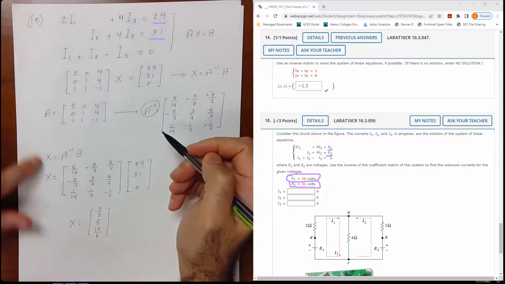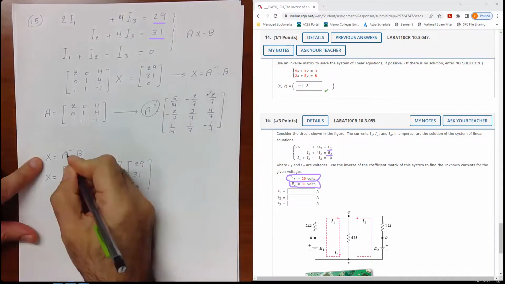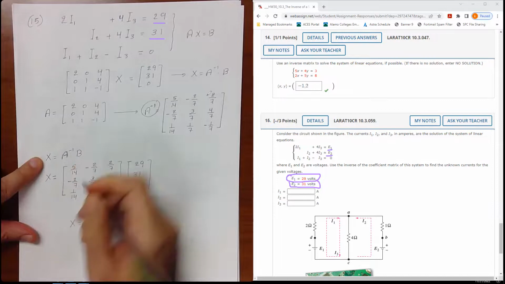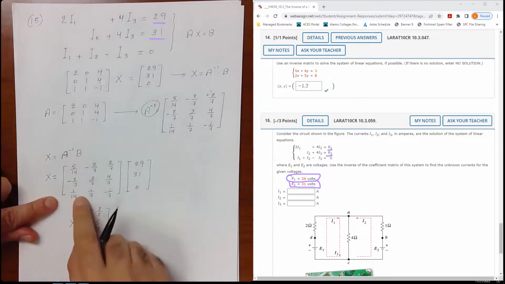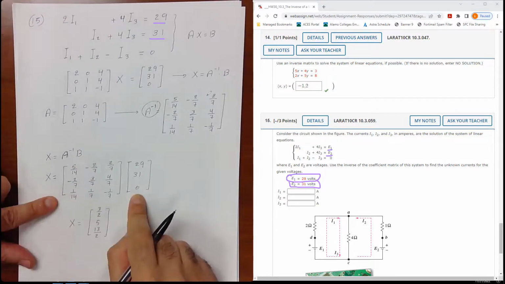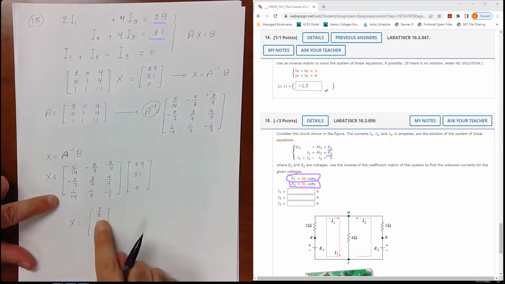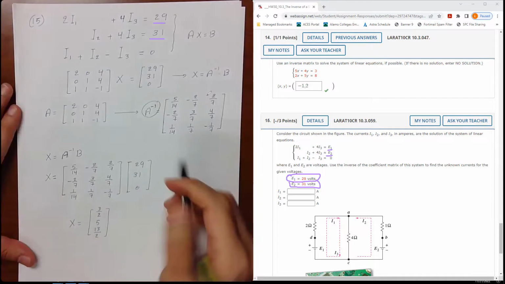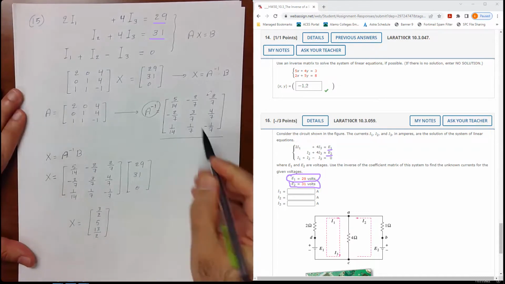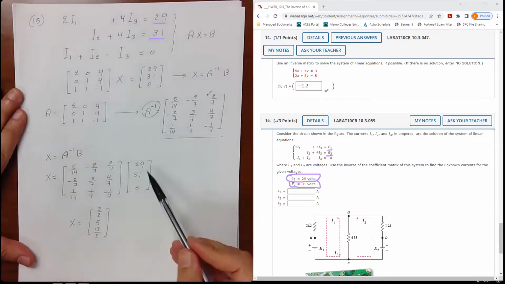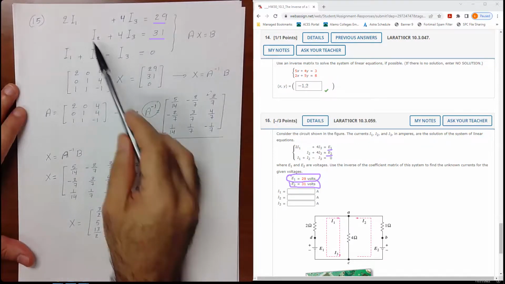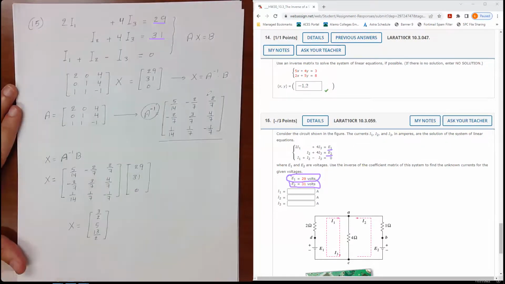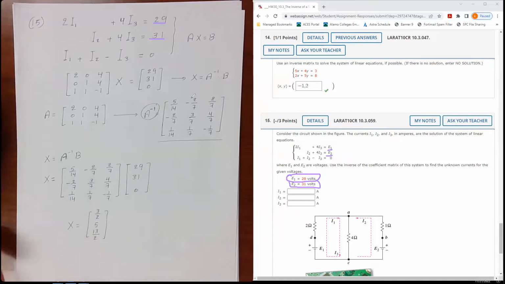Now, X is going to be equal to the inverse times the matrix B. Here is the inverse times the matrix B. So the result is going to be 3/2, 5, and 13/2. So I think you're going to use exactly the same inverse matrix. You just have to multiply it by the B, because you're going to get exactly the same system. So now this one is easier for you to solve. And we just have to type here,